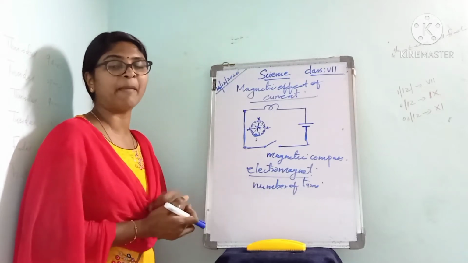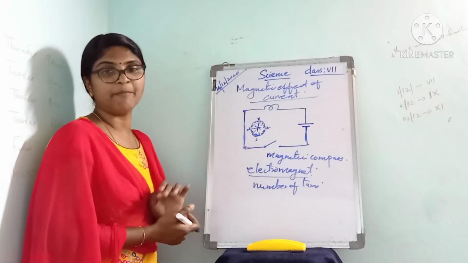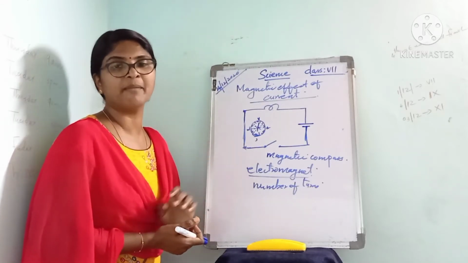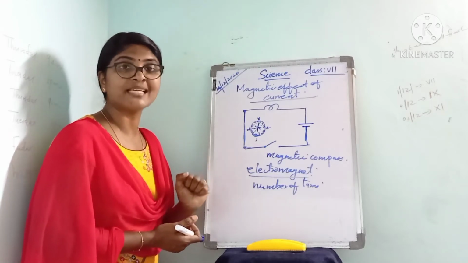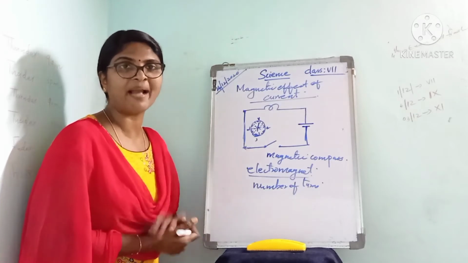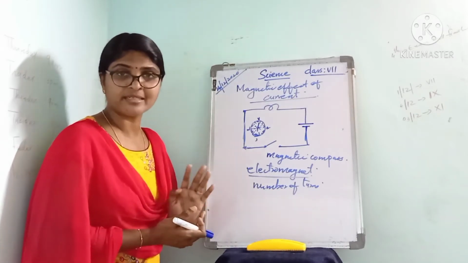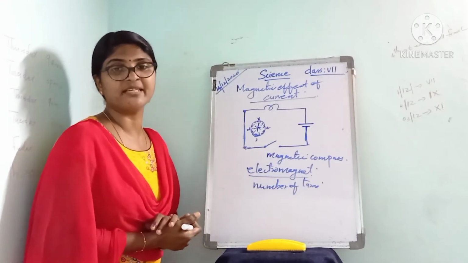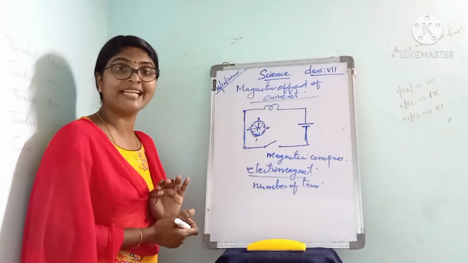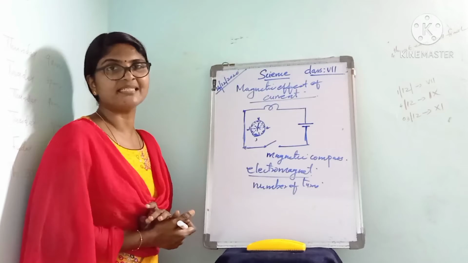Then what are the uses of this electromagnet? What are the devices that make use of this electromagnet? Television, computer disc, toys, videotapes, electric doorbells and telephone actually use electromagnets. Can you say? Telephone, computer disc, television, toys, videotapes, electric doorbells. These are the devices that make use of what? This electromagnet. Listen to it.